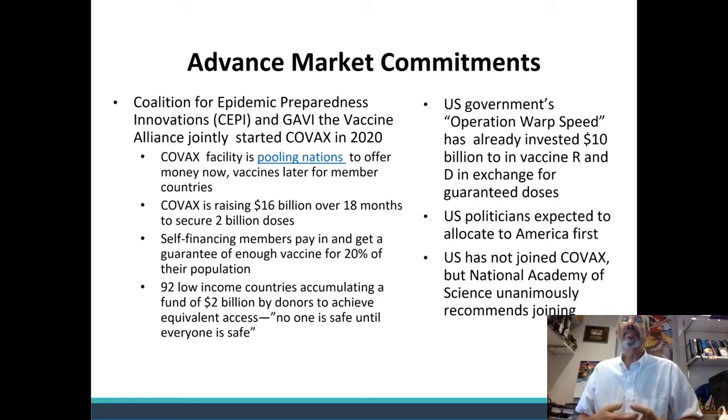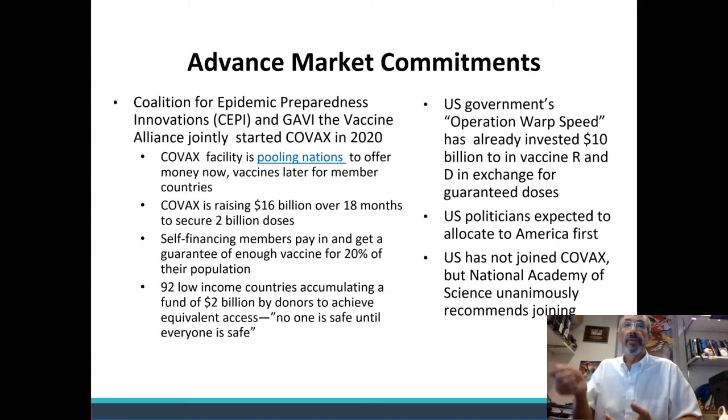So COVAX is planning to raise $16 billion over 18 months in order to secure access to 2 billion doses of vaccine. So just what you saw the U.S. doing, COVAX is doing for the world. COVAX will have self-financing members who will pay in, and they'll all get a guarantee of enough vaccine for 20% of their population. If they pay in, they'll get a guaranteed output of vaccine. In addition to the self-financing members, there are also 92 low-income countries eligible to be in on a fund of $2 billion. The donors are putting in money for those low-income countries, and just this week the World Bank is announcing it also is helping low-income countries